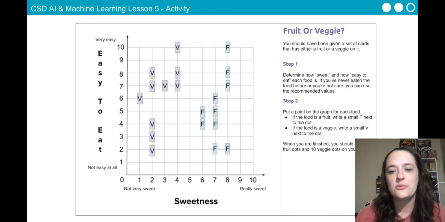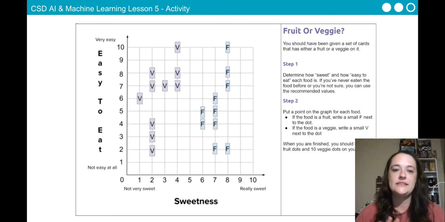In regards to determining if a fruit or vegetable is a fruit or vegetable, it looks like the sweetness and the easiness to eat are really two pretty good features to focus on. These two features are doing a great job of separating foods into fruits and vegetables. This is really great for a computer. If it wants to determine whether a food is a fruit or vegetable, it just needs to see where it is on the graph. Things get a little tricky in the middle of the graph, though,